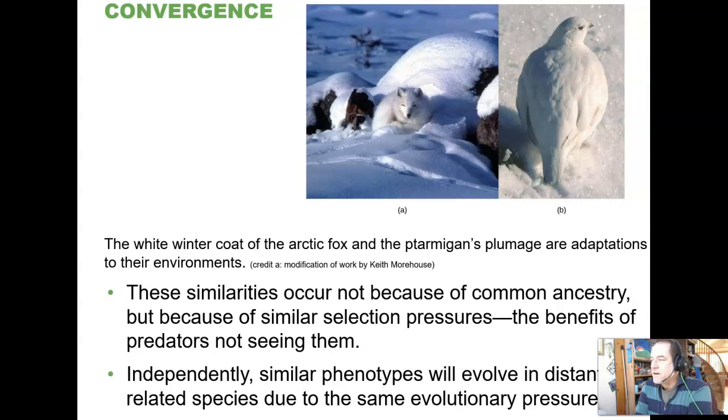But the fact that they're white is a shared solution to the same problem. How do you avoid standing out against a white background? There's really only one solution, well, 2. Invisible, which there's not much way of living things doing that, or being the same color as snow and ice, and that's white. So the fact that they are both white does not imply that they are particularly closely related to each other, and we'll agree this is a mammal, this is a bird, yet they both share this superficial feature.